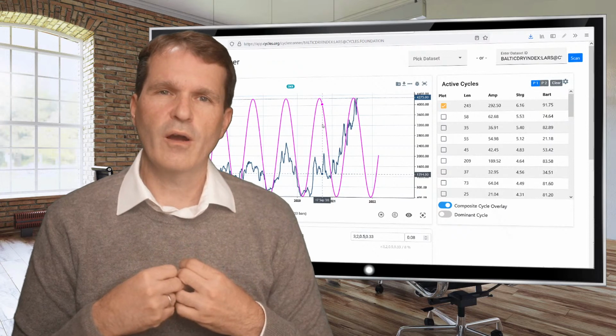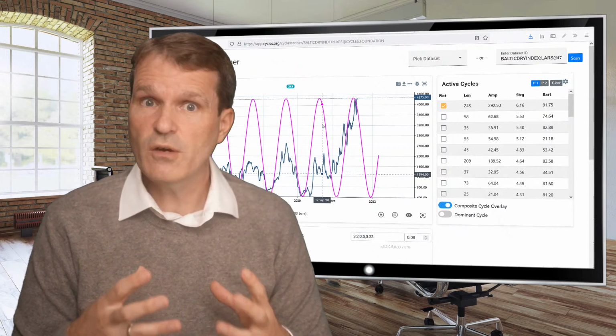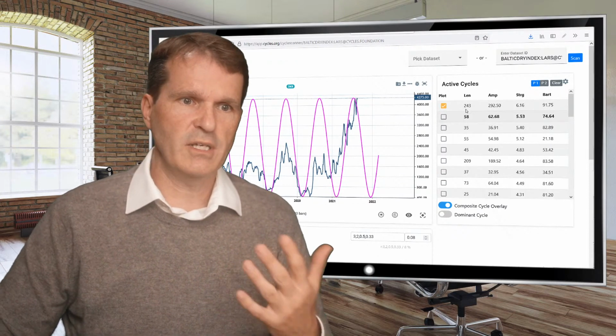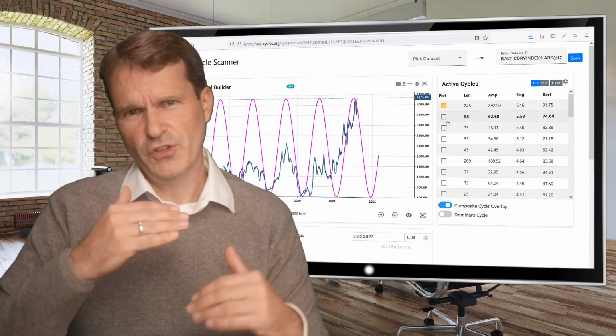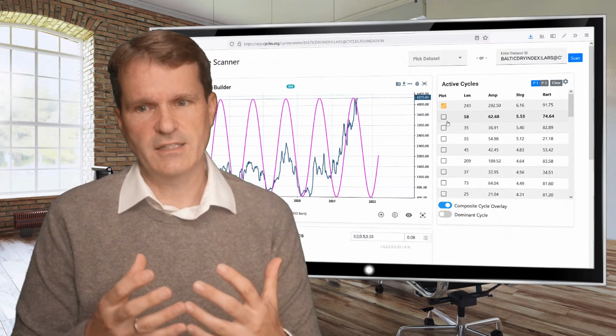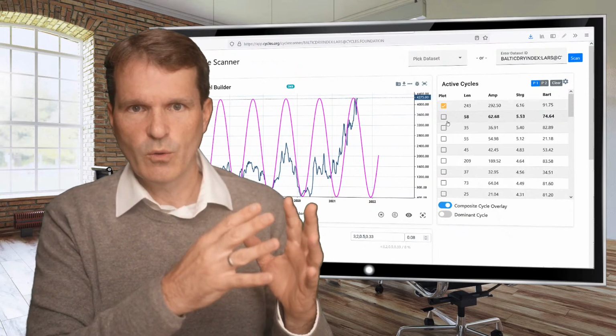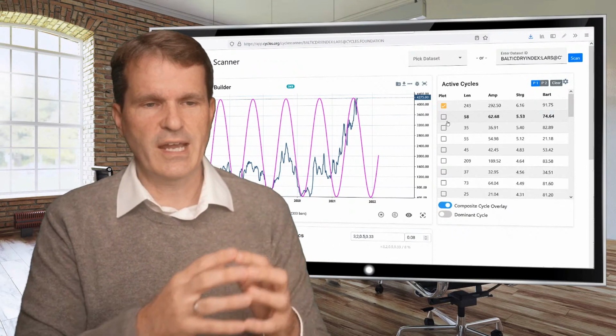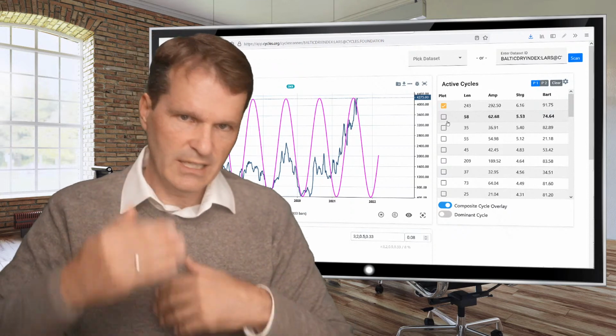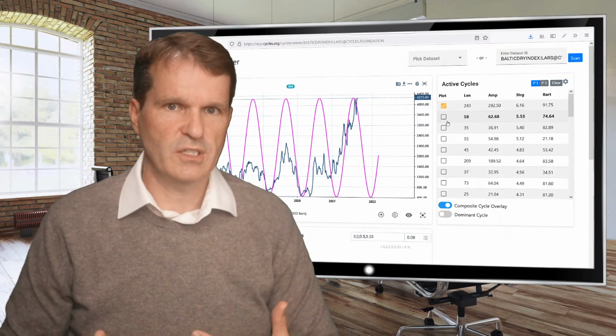And now, if we have found such a cycle, we don't need to add more cycles. I mean, in general, you should look out more for the second or third dominant cycle in these kinds of data sets, but if you have this clear view with this clear alignment of this cycle, I would not recommend adding a second or third cycle to do composite cycle analysis.